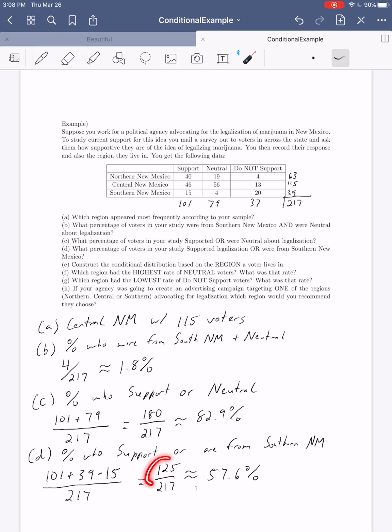If you want to check, you can confirm that 125 could have been found by simply doing 40 plus 46 plus 15 plus 4 plus 20, finding all of the people from those two groups. All right, let's go ahead and move on to the next page to calculate the